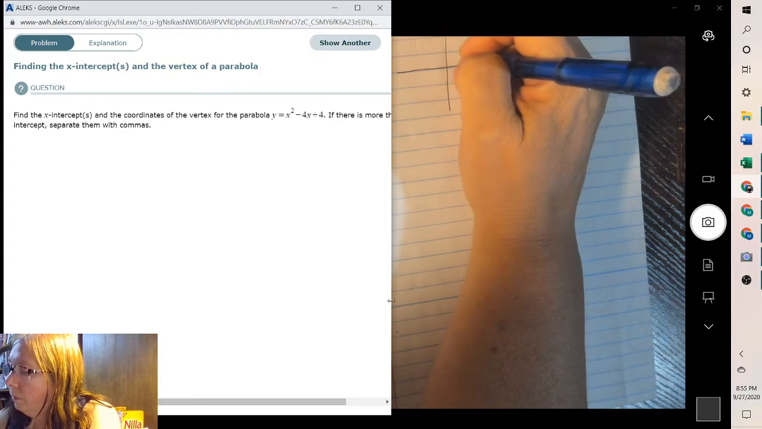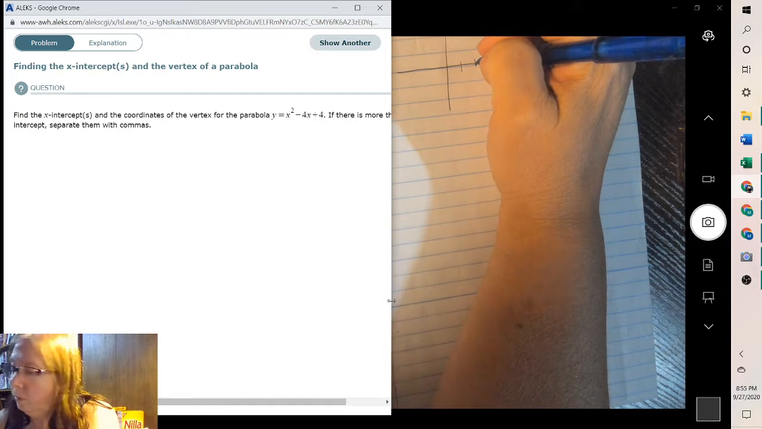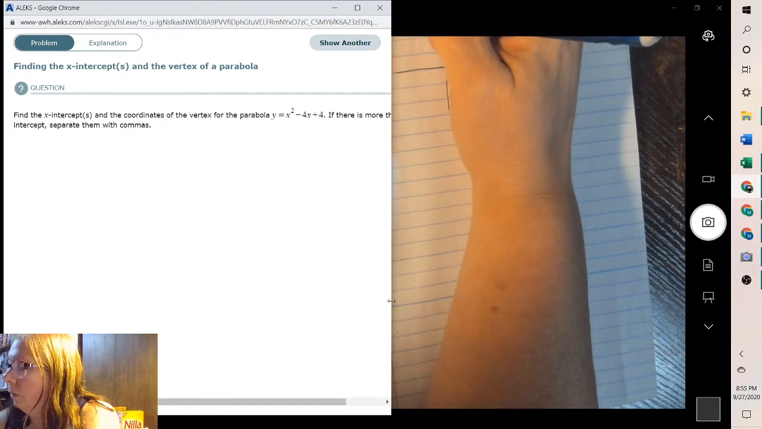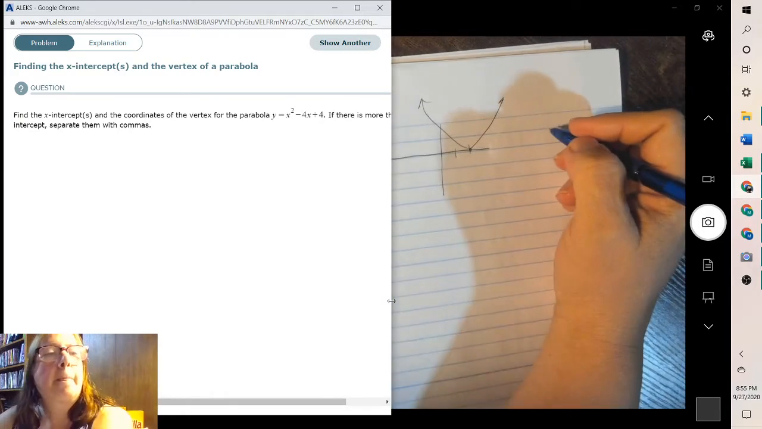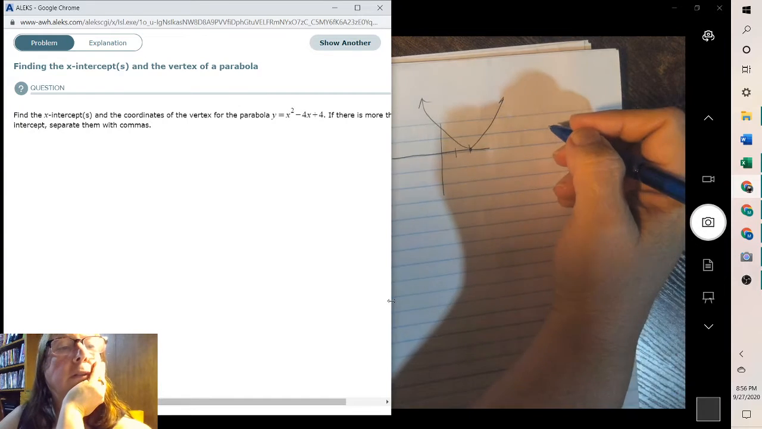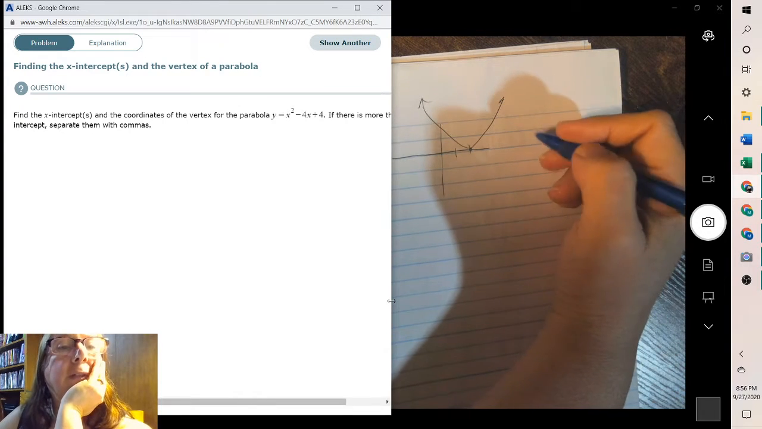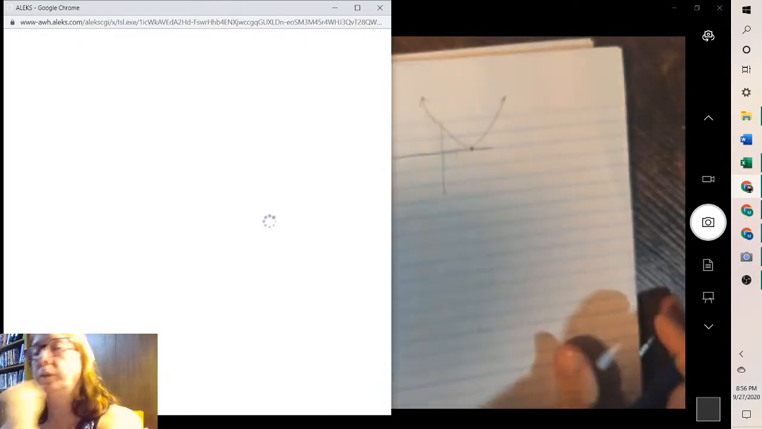So the graph is at 2, 0, and the x squared was positive, so it's going up. That's all it asked for. Oh, we didn't even have to graph it, but let's try one more. Because if you look at the vertex first,